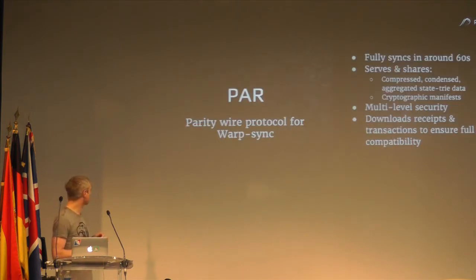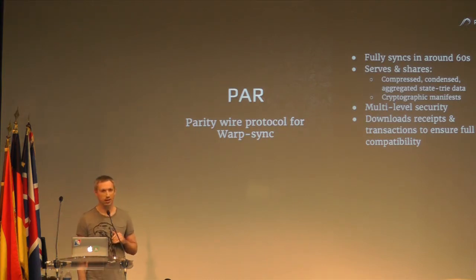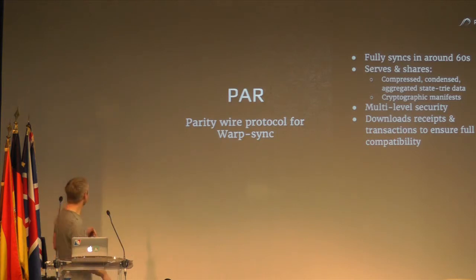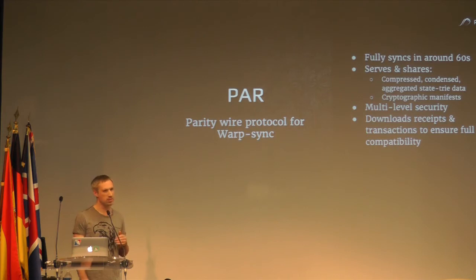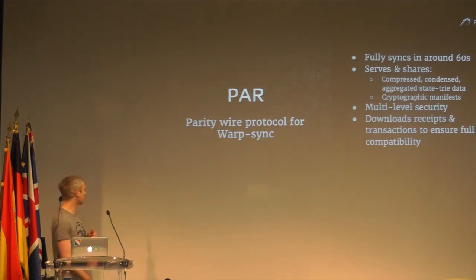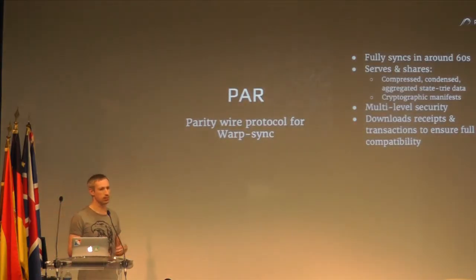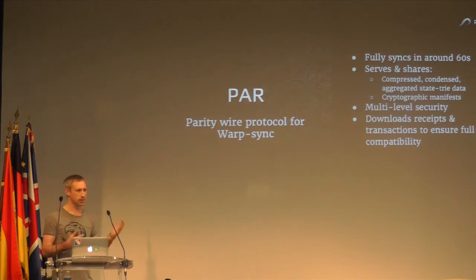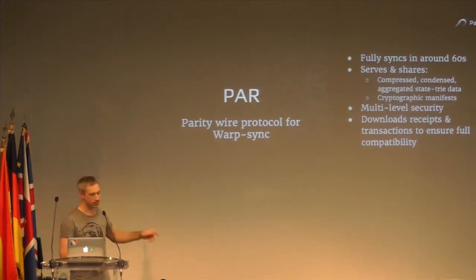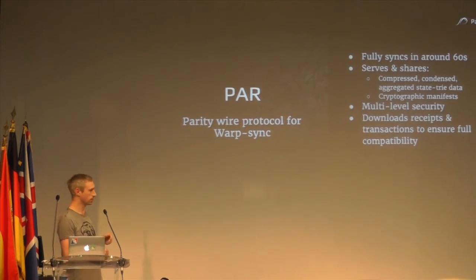So the first thing is the PAR protocol, which we've been pushing. This is a new wire protocol. I believe that the guys from Ethereum J have also been starting to implement this. Can anyone confirm that? Okay. It's what powers the warp sync stuff, so you can actually sync the mainnet network in about a minute if you've got a decent internet connection. We actually built multi-level security into this so that it doesn't do any of the really sensitive stuff until it's fully synchronized with the previous receipts and transactions, so it can guarantee a full chain's proof